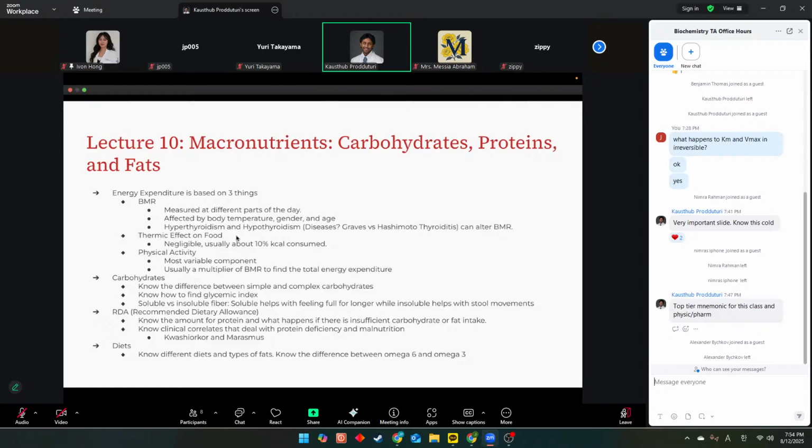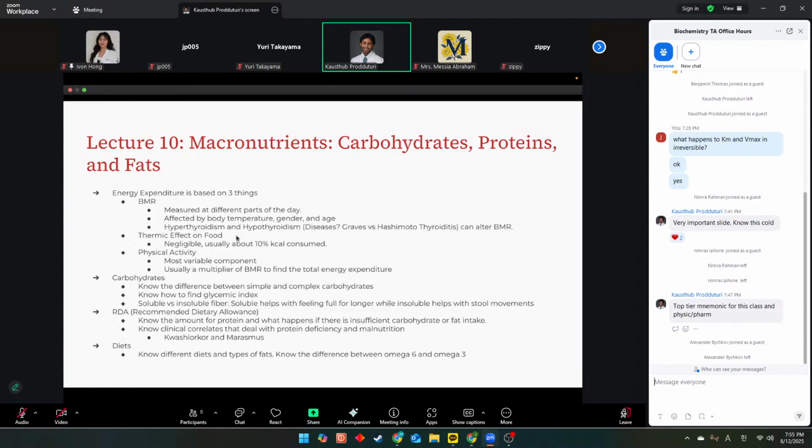And that's pretty much all you need to know regarding energy expenditure and BMR for the first part of lecture 10. Then we move on to different macronutrients like carbohydrates. Definitely know the difference between monosaccharides, disaccharides, and polysaccharides. Know the differences between glucose, fructose, galactose, and sucrose, which ones are monosaccharides, which are disaccharides, and know